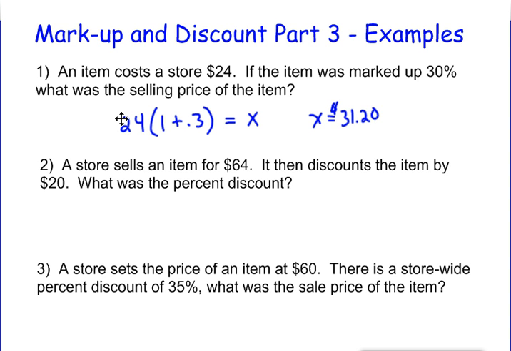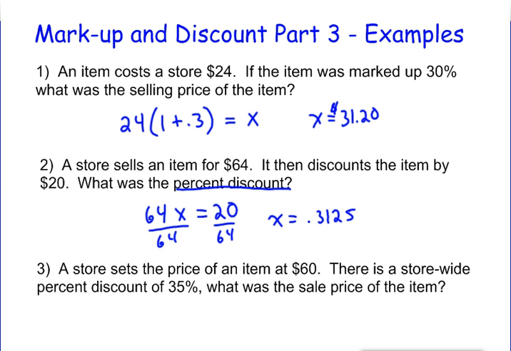Okay, number 2, a store sells an item for $64. It then discounts the item by $20. What was the percent discount? Well, you know the selling price, which is 64, and in equation number 3 over there, we find out that selling price times percent discount equals the actual discount. So if we want to find percent discount, that's our variable. So selling price times percent discount equals the amount of discount. Pretty simple equation. Divide both sides by 64, and you get X equals